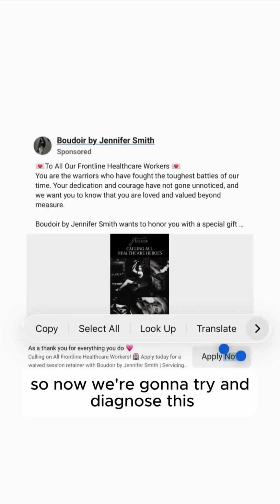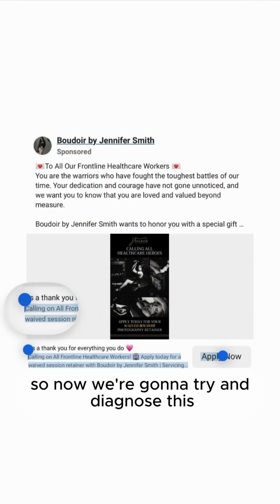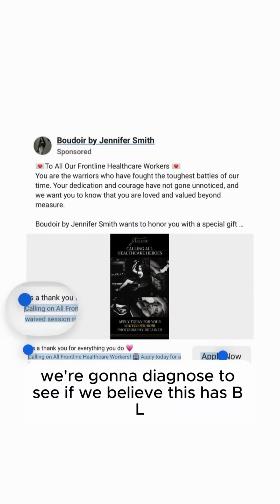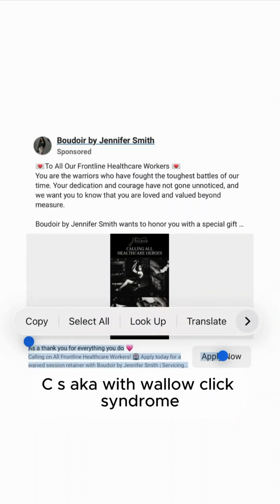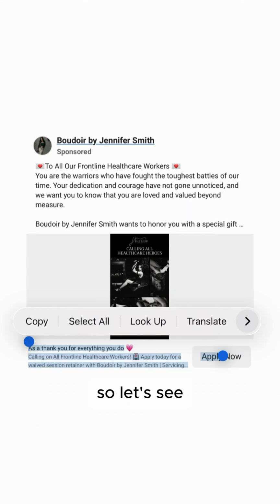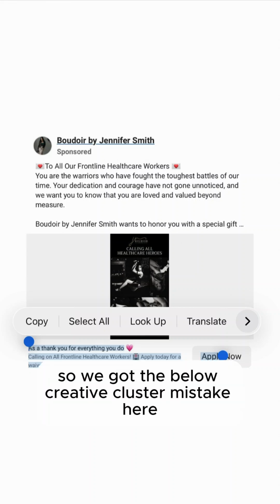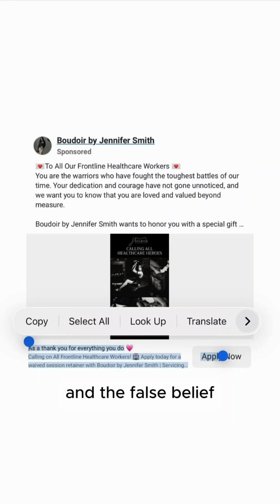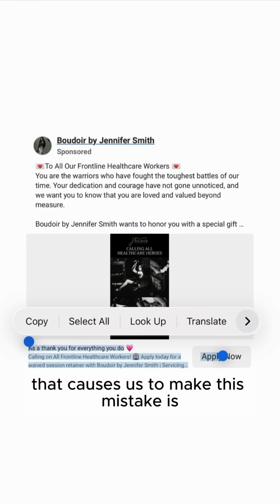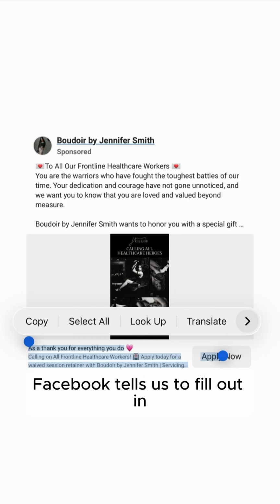So now we're gonna try and diagnose this, if we believe this has BLCS, aka Boudoir low click syndrome. So let's see. We got the below creative cluster mistake here. And the false belief that causes us to make this mistake is filling out everything Facebook tells us to fill out, basically in our